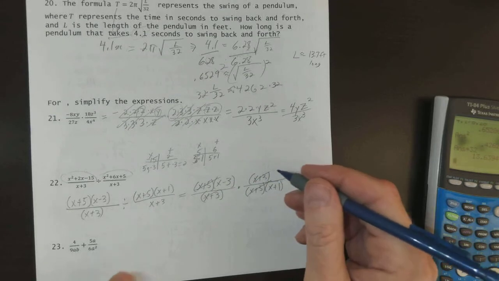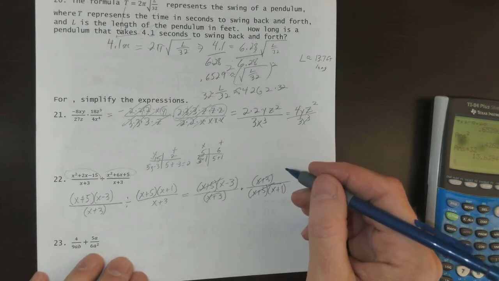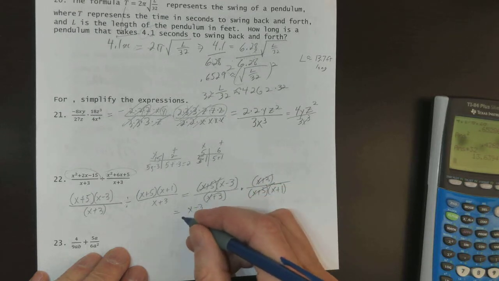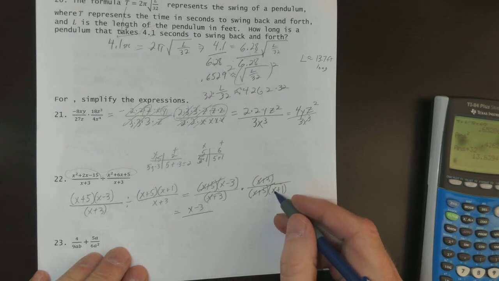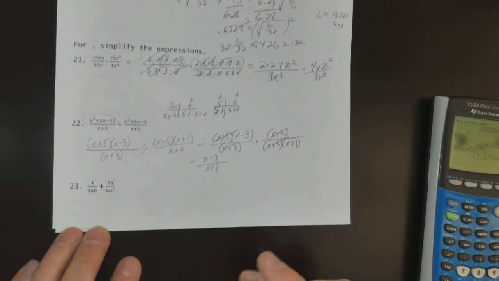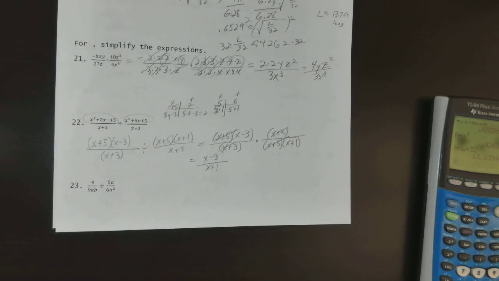X plus 3's, those cancel also. So I am left with the x minus 3 here, and the x plus 1. Okay. Next,